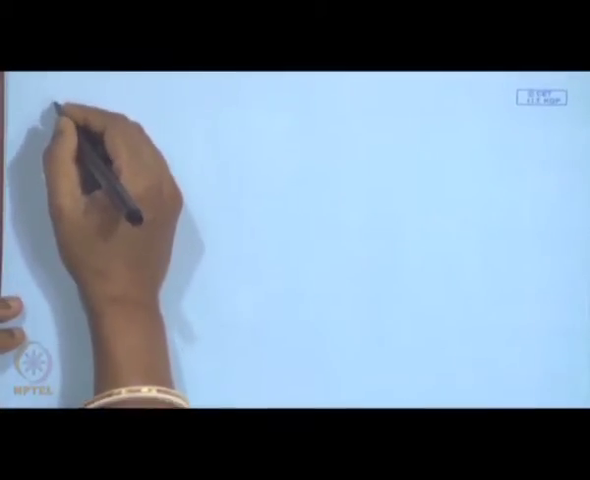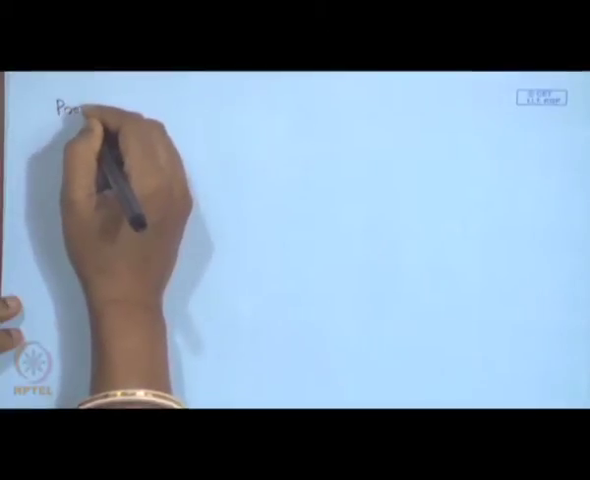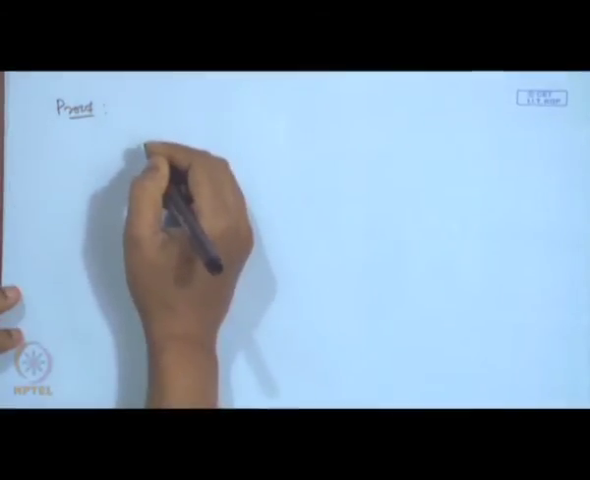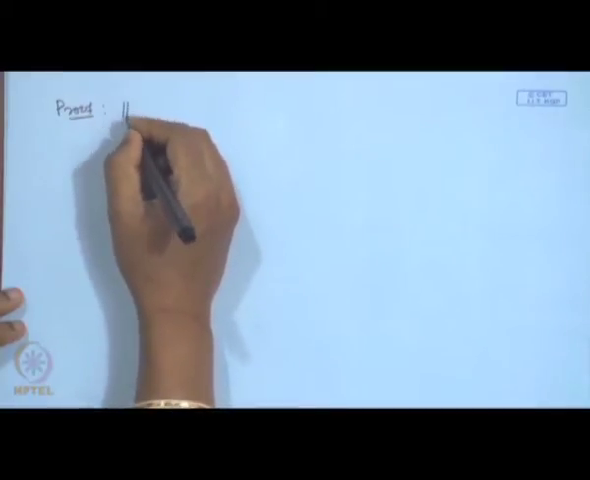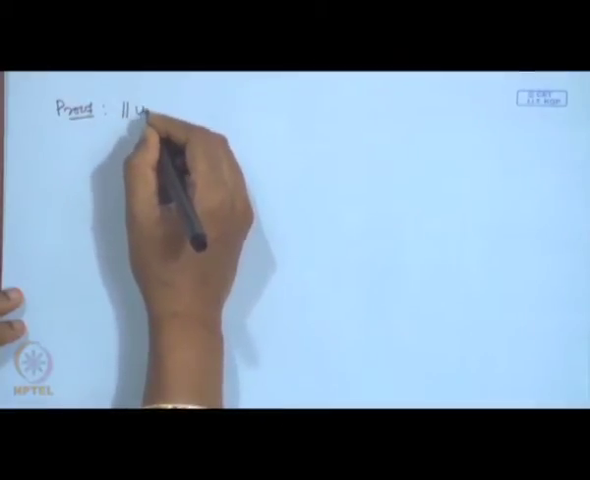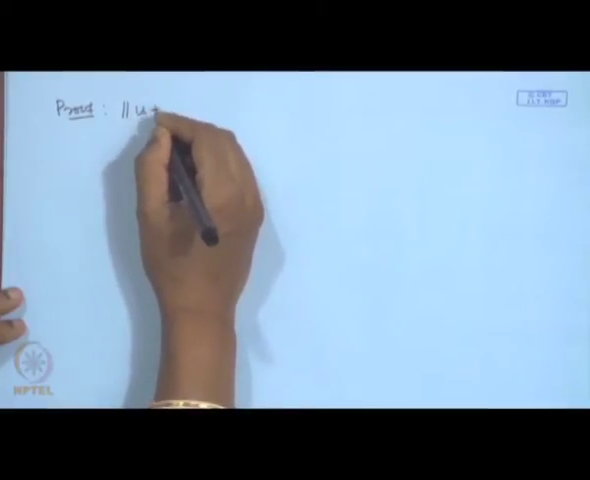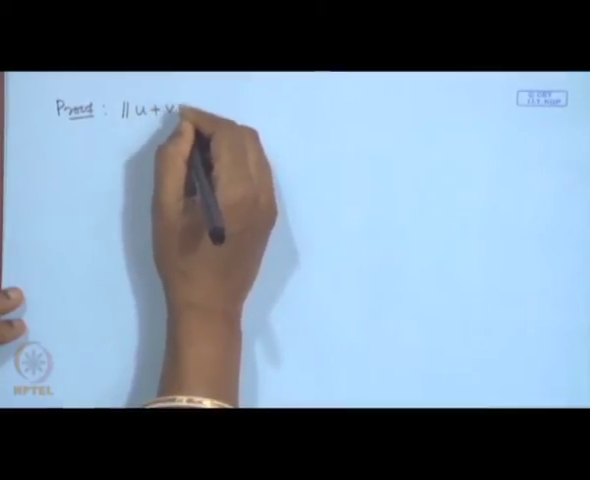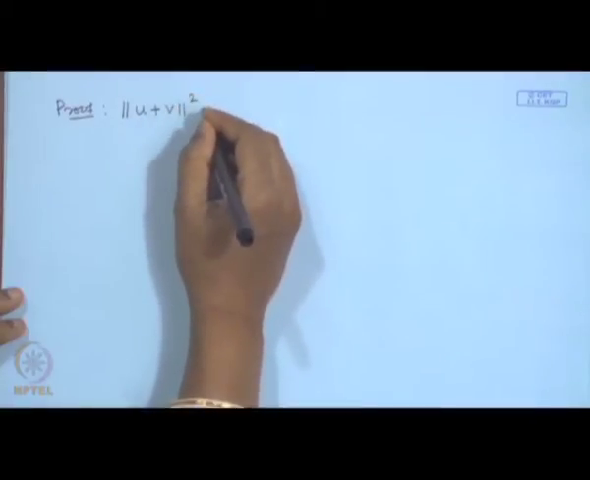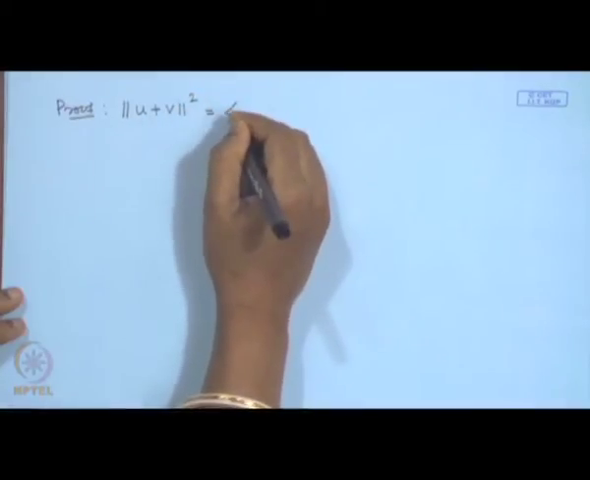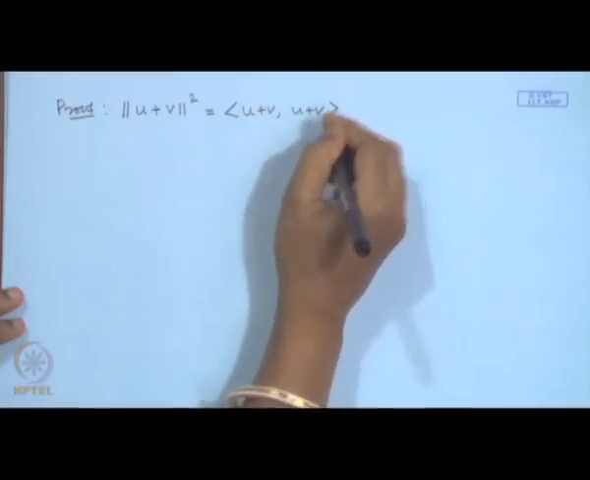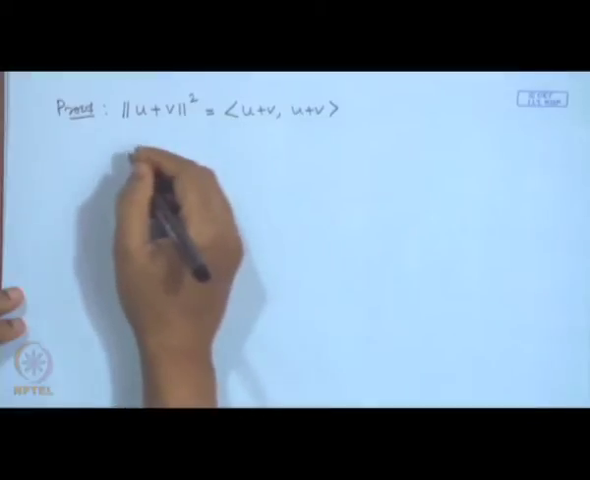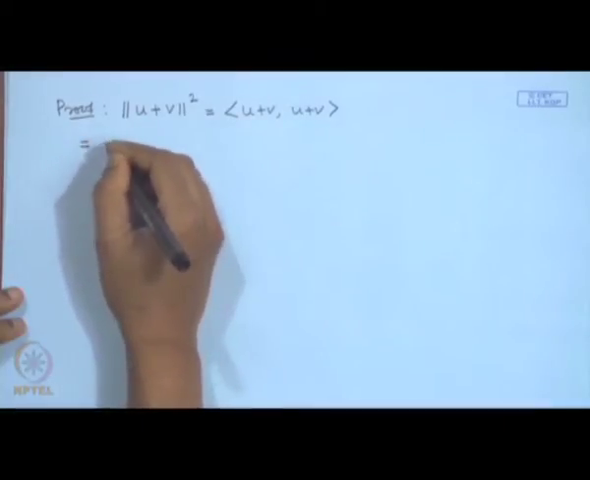Using the Cauchy-Schwarz inequality, we can give a proof of this, that we obtain by expanding the norm of u plus v. The square is equal to the inner product of u plus v with itself, and on simplifying,